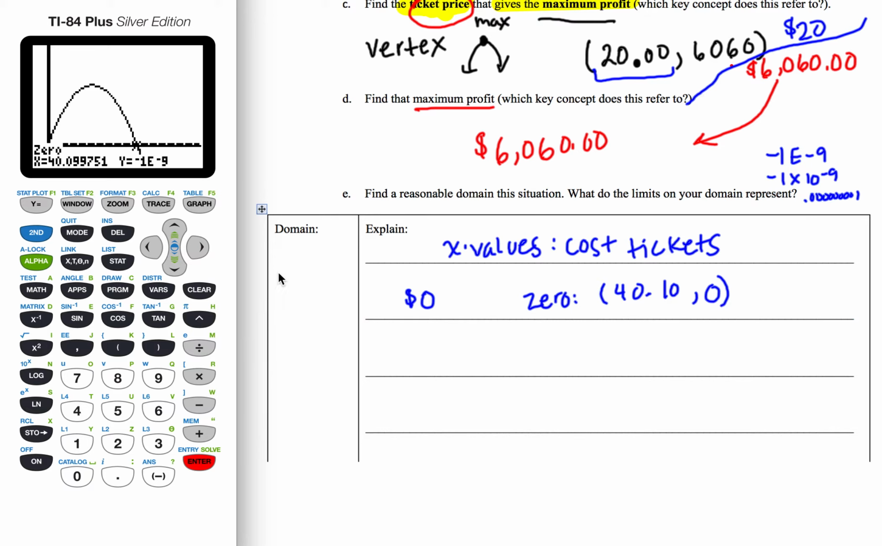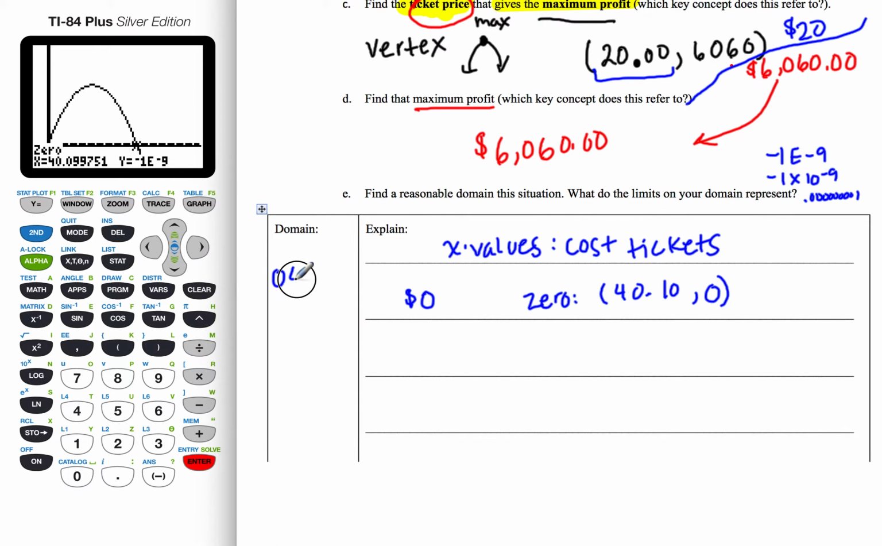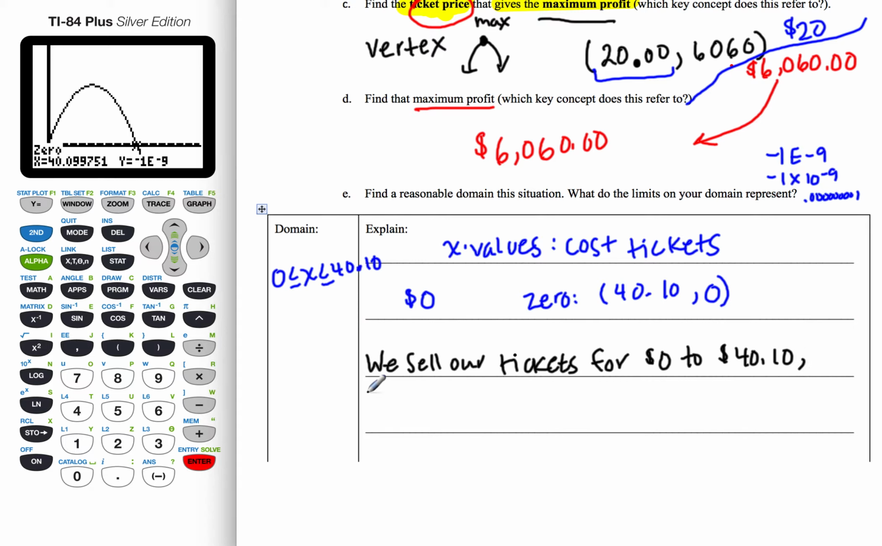So our domain actually goes from 0, including 0 and also including 40.10. So what this actually means in context of the problem is that we can sell our tickets for 0 to $40.10, but